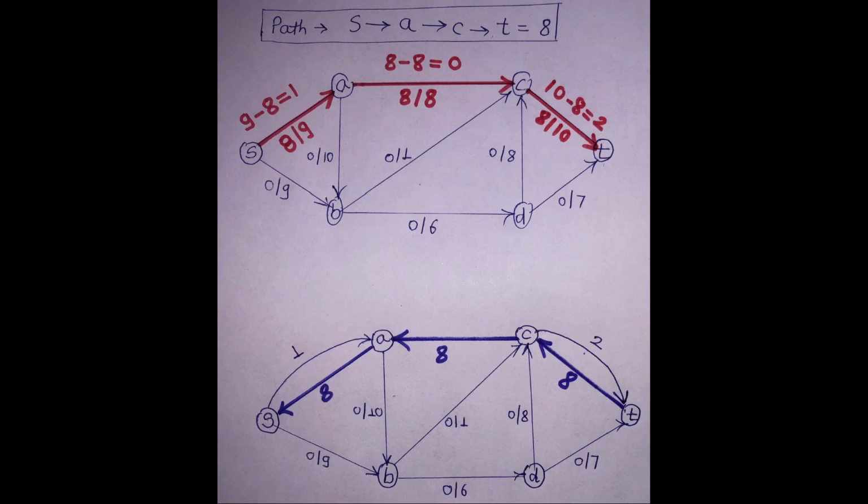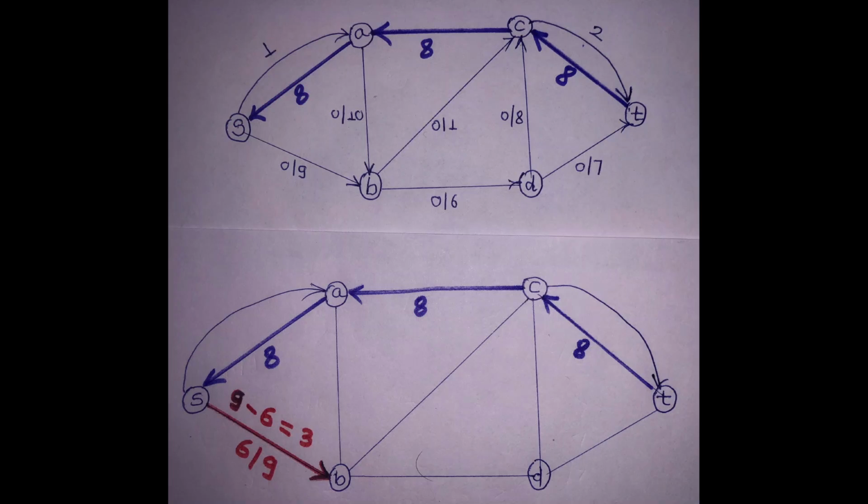Remember, both paths must be equal and we have to design them. Now the next target is to design another path. Is there any other path in the forward direction? Yes, there is another path giving the maximum flow. In the previous one we got 8. Now we will design another augmented path.